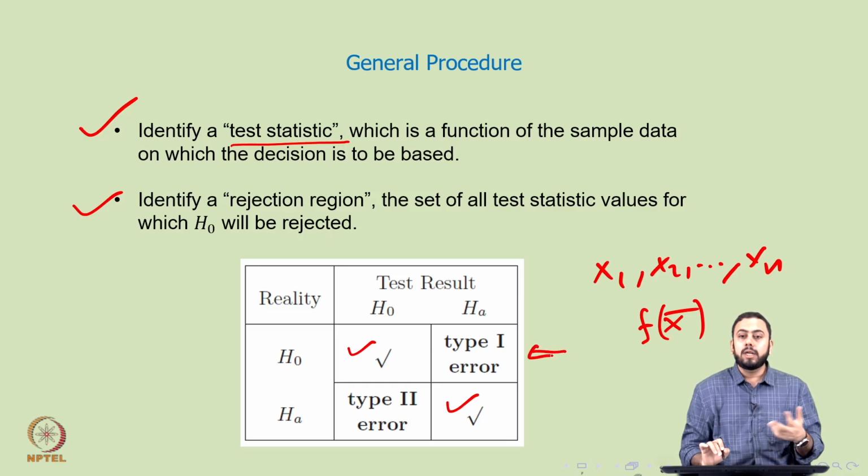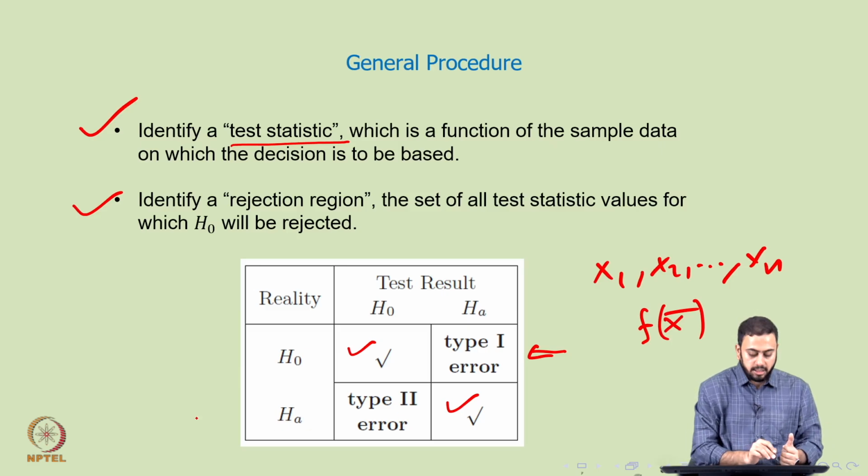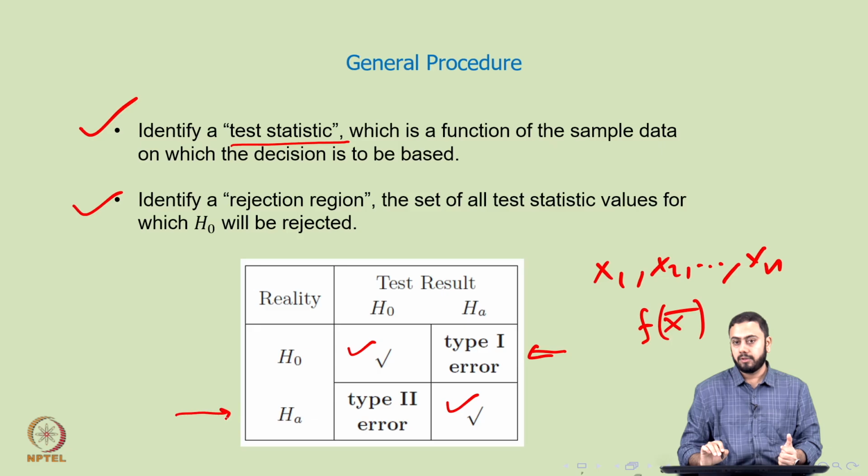So if the test results in HA but then the truth is H naught, which is this guy, this is called a type 1 error. You are making some error, right? Because the truth is H naught, but the conclusion from the hypothesis test is HA. Okay. Similarly, if the conclusion from the hypothesis test is H naught and the truth is HA, this is called a type 2 error. Okay. So again, these are the only two kinds of errors that one can make in a hypothesis testing procedure. So you go by what is the truth and you go by what the conclusion is of the testing process or the hypothesis test, and if these two things are not matching, you are making some sort of an error there. Okay. So these are again standard definitions. We can either have type 1 error or type 2 error there.